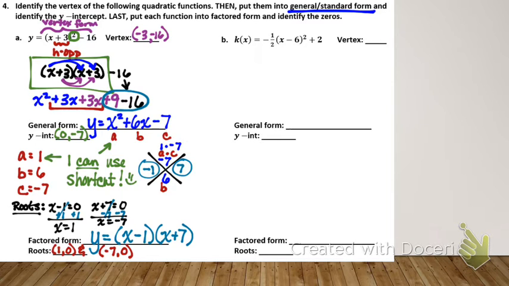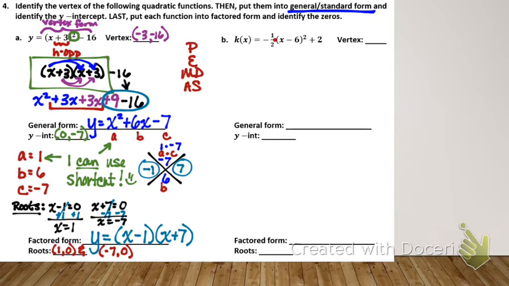Part B is a little bit more challenging than part A because what else do we have to pay attention to here? We've got the fraction out in front. What's happening between the fraction and the parentheses? What operation is happening? Multiplication. So I'm going to go ahead and just write it in there so that I see it. Thinking about my order of operations,